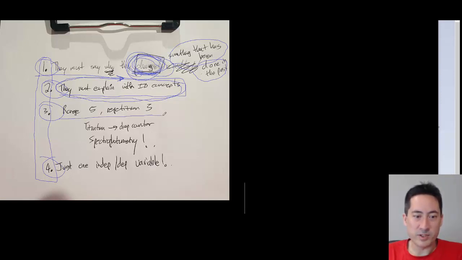Range of 5, repetition of 3. I will go into a student report just to demonstrate some of these things. A drop counter for titrations, I think it costs a few hundred, but I know that's nothing for a science budget, paying a couple $100. Spectrophotometry is the best because they're quite cheap, those machines, and you're going to get lots of good data and you can measure pretty much anything. So spectrophotometry is where you should be heading, and just one independent and dependent variable. I think a lot of students just try and make it too complicated as one of their problems.